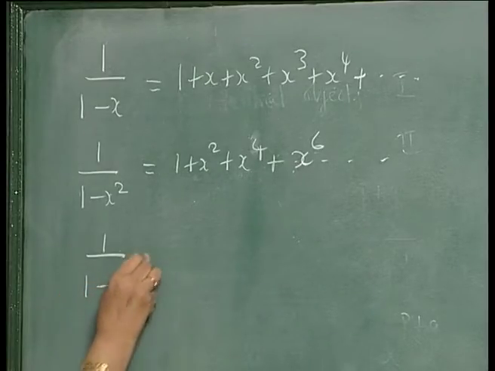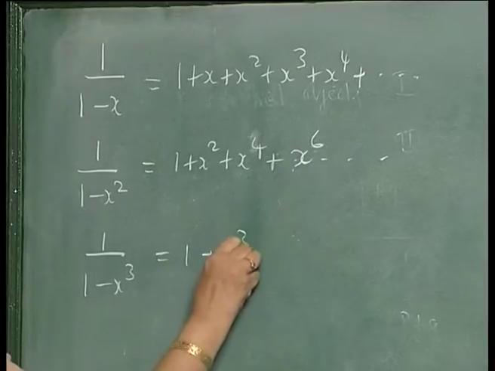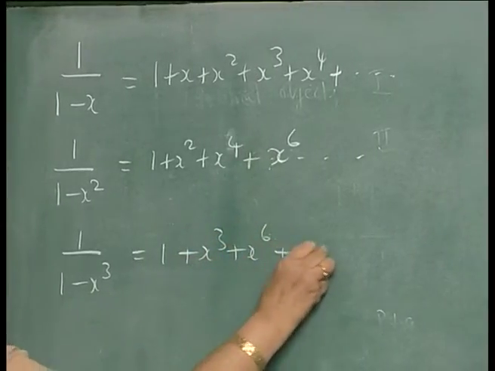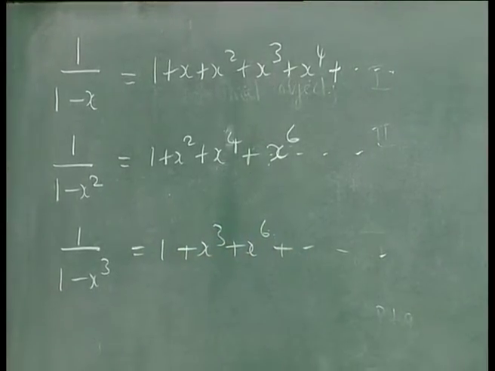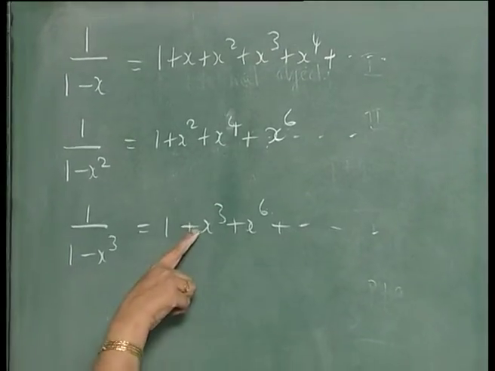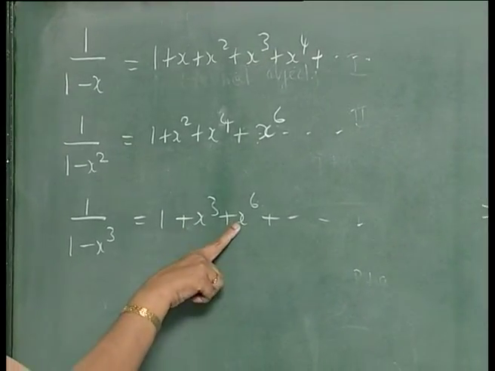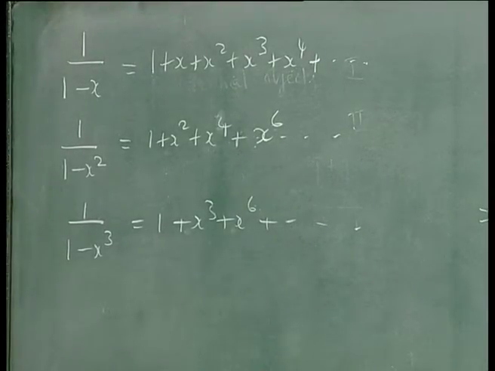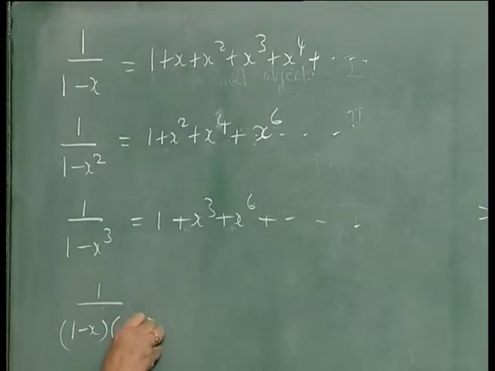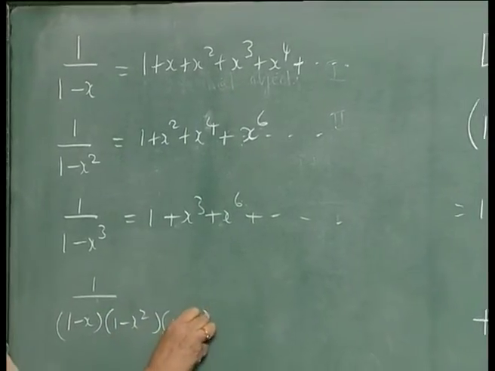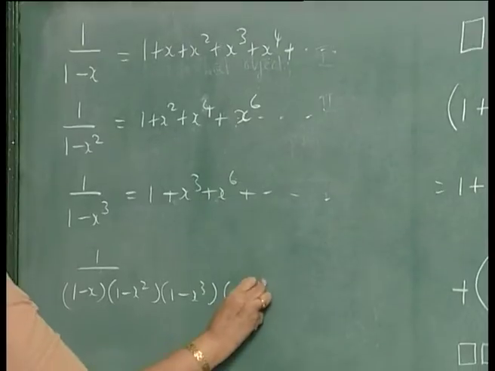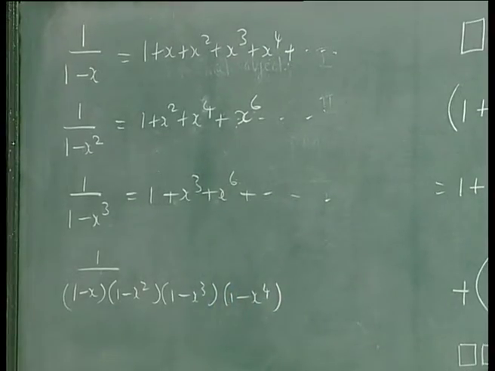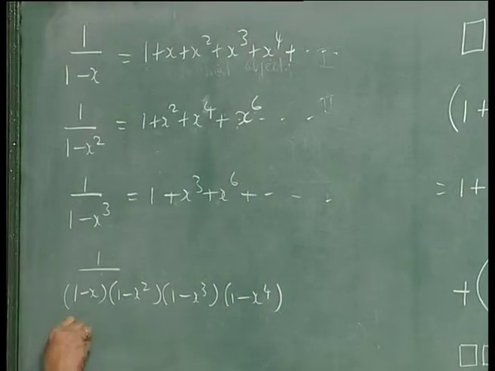The number of ways you can have 1 3, this is x cubed plus x power 6, and so on. The number of ways you can have 1 3 is this, 2 3s will be the coefficient of this, and so on. So, in general, if you expand this, say take 1 by x into 1 minus x squared to 1 minus x cubed to 1 minus x power 4. Similarly, for 1 power 4, if you expand this, what will you get?